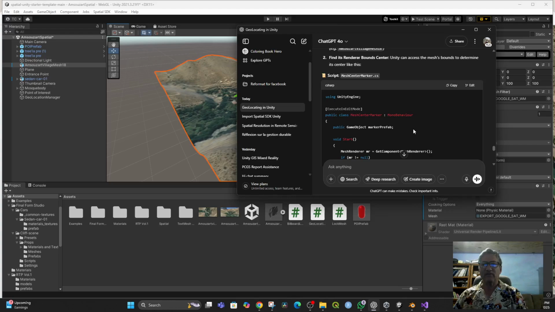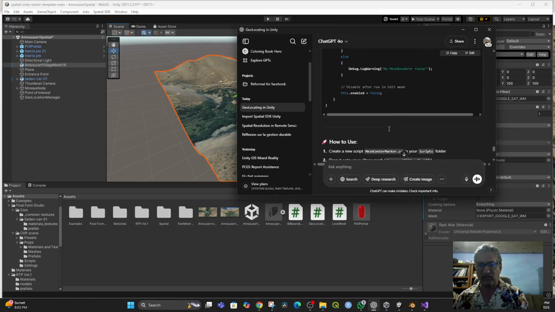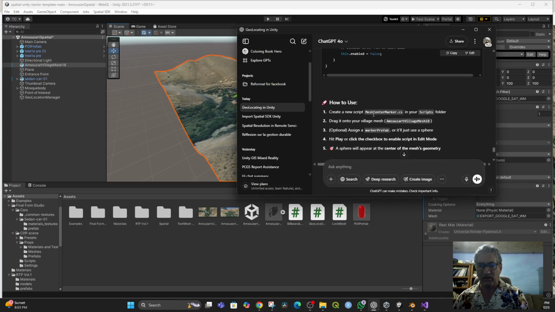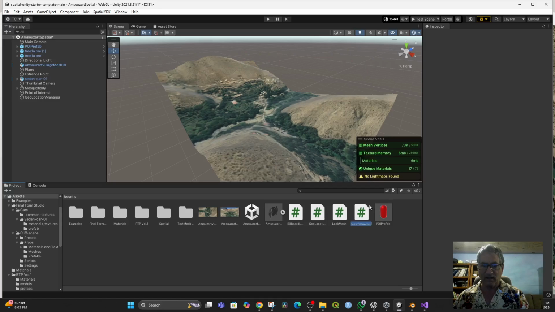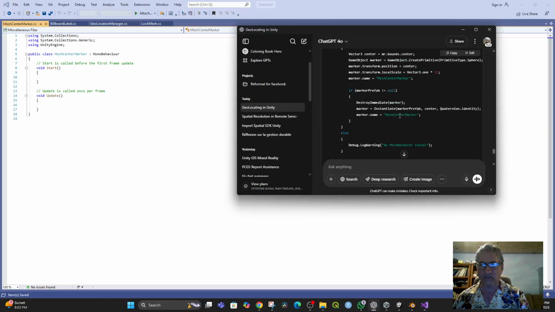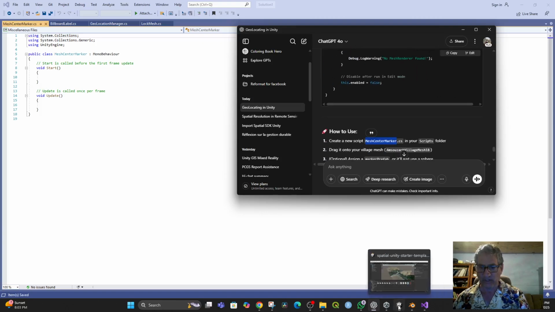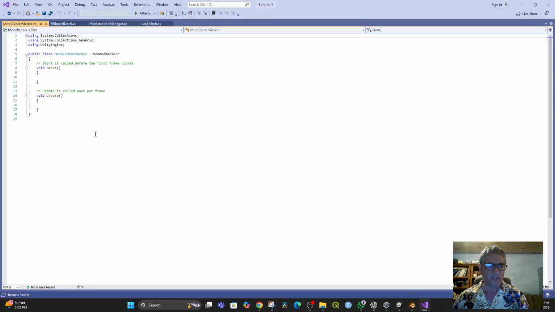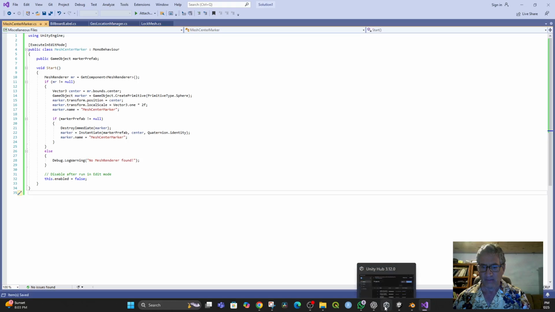Okay, this is cool. So what I'm going to do, it's created a script for me called mesh center marker. So I'm going to take this script and create a new script called mesh center marker. And let's call this mesh center marker. Come up here, and the code is this one here to find it. And then I'm going to paste that code in here and save it. And then I'm going to attach this script